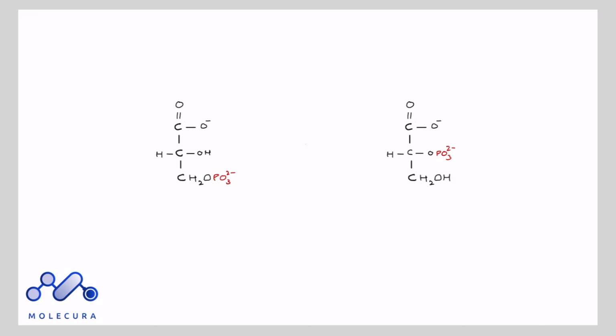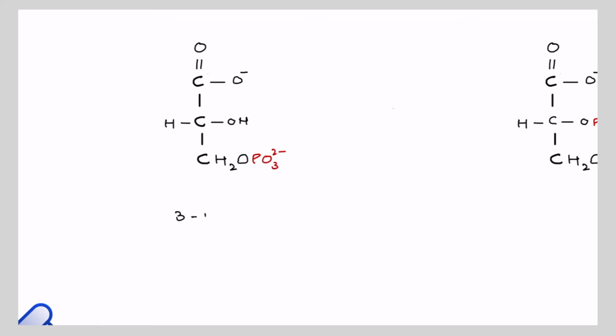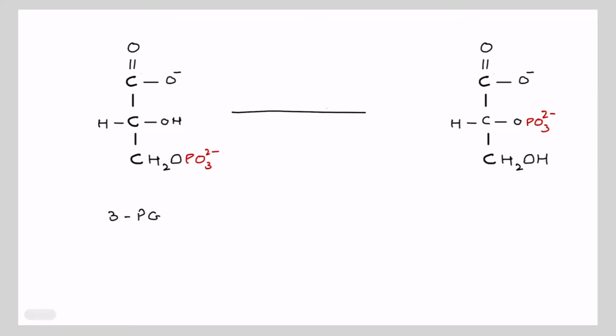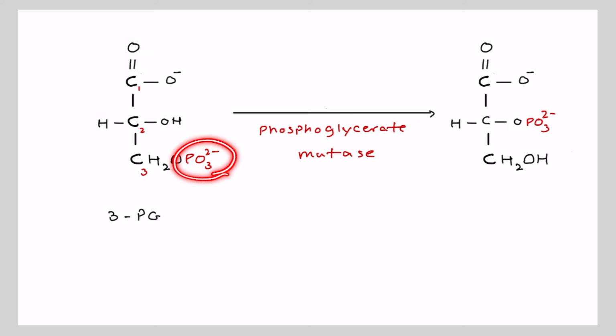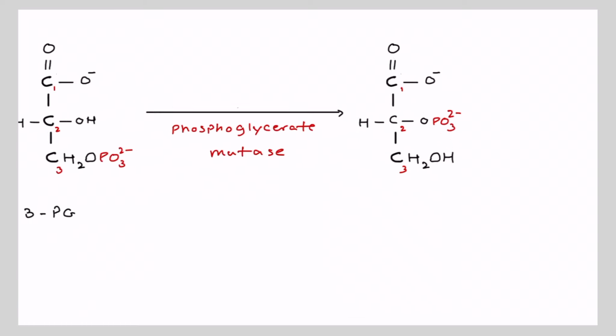what is happening. So what is happening here, we have our 3-phosphoglycerate here, and it's getting converted into 2-phosphoglycerate, and the enzyme that works on this is going to be called phosphoglycerate mutase. And what's happening here is that we have on carbon number 1, 2, and 3, our phosphate group here is on carbon number 3. And what's happening here, it's coming on carbon number 2, as you can see. And the name is going to be changed appropriately to